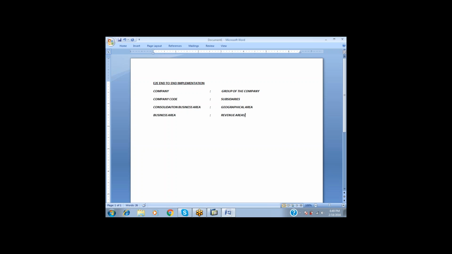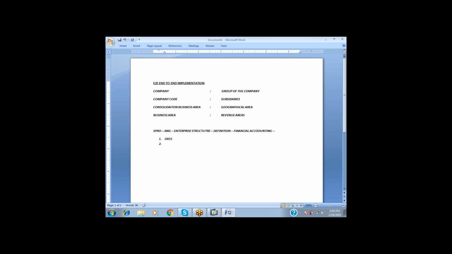So first of all, let us see how these four are created. The menu path is SPRO, IMG, enterprise structure, definition, financial accounting. The first one, define company, has transaction code OX15.